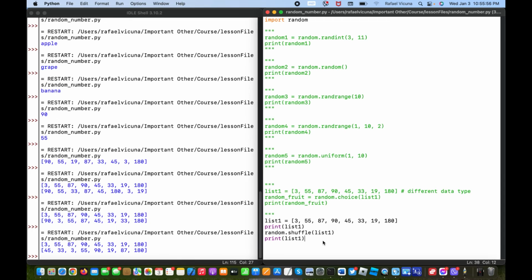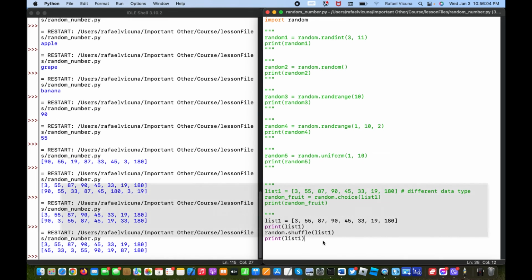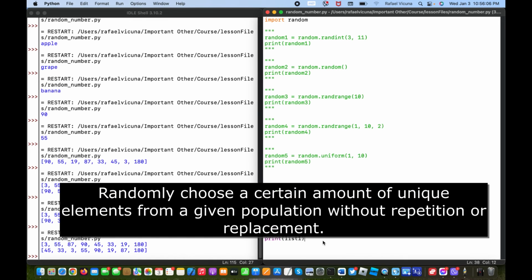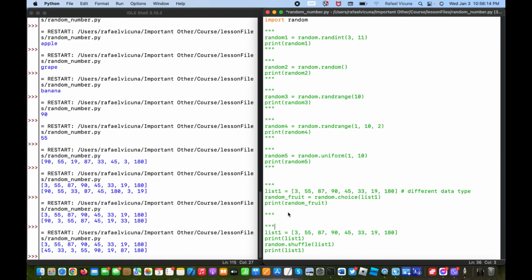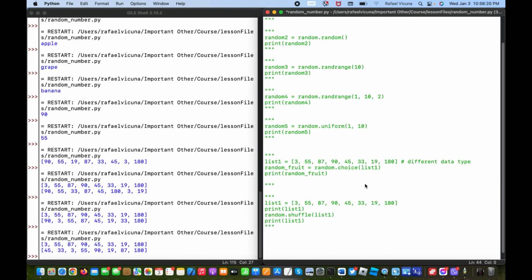Alright, so the next thing I wanted to show you is the random.sample. And what this is used to do is to randomly choose a certain amount of unique elements from a given population without needing to repeat or replace anything. And that will make more sense as I demonstrate. So if I comment out this last example, and we can do another list. I'm just gonna copy and paste this one over here